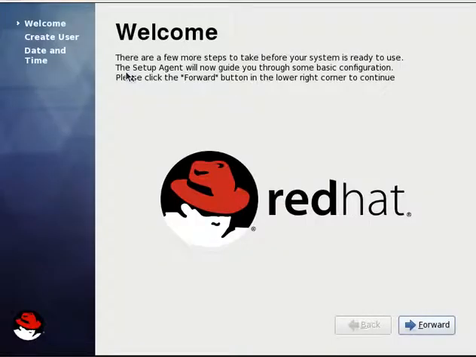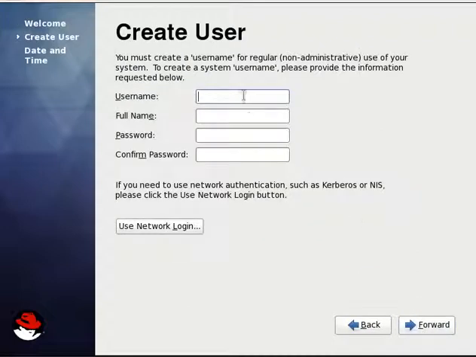Now this is the only one-time user information window. You can just go one by one, just say forward. You can create a local account so that it will be useful for your local logins, because the root user is by default not allowed to log in as a GUI user, so better you create one.